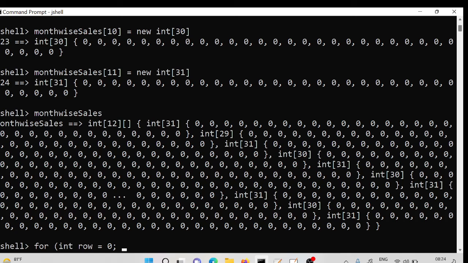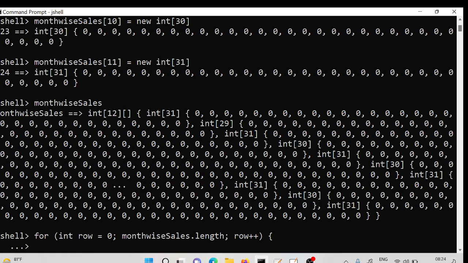What's the next thing? Month-wise sales of I. Month-wise sales dot length, sorry. Okay, month-wise sales dot length, right? Row plus plus, fine. And then within this for loop, we can write another for loop for int column equals 0